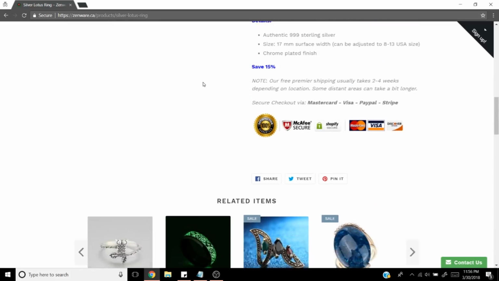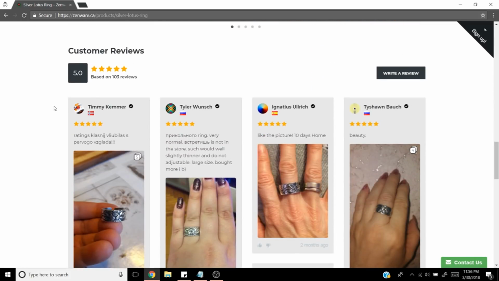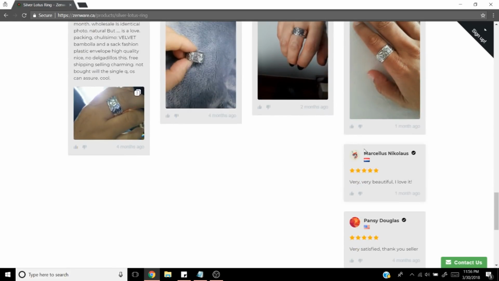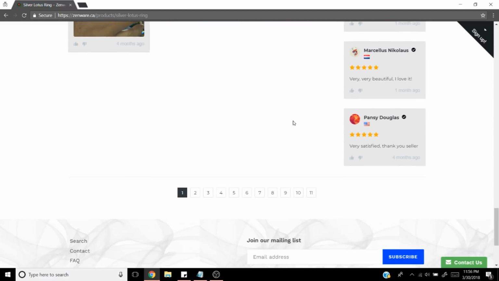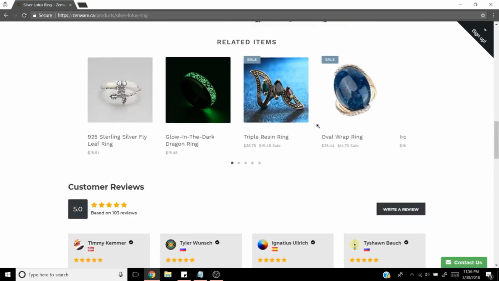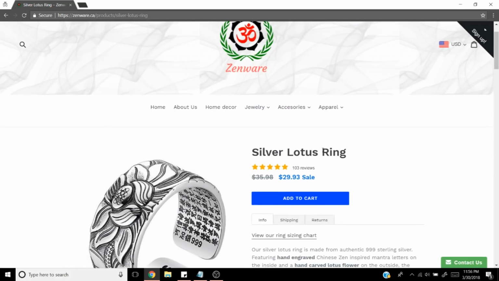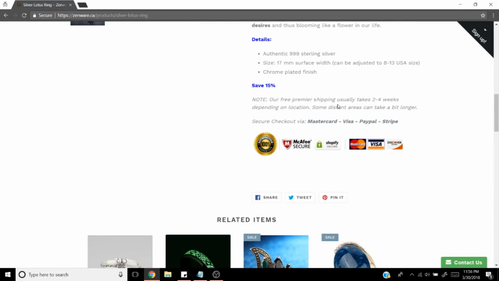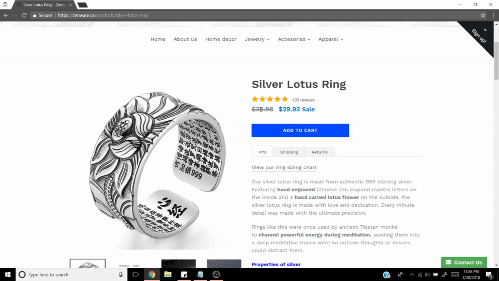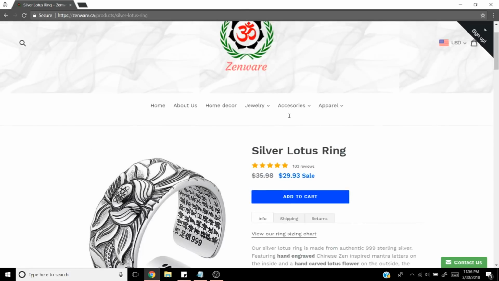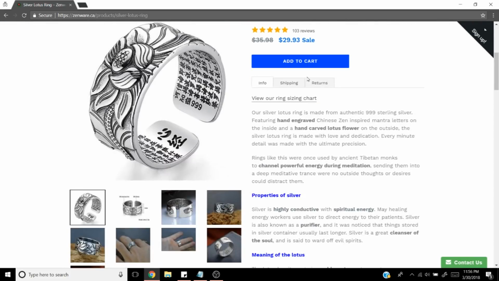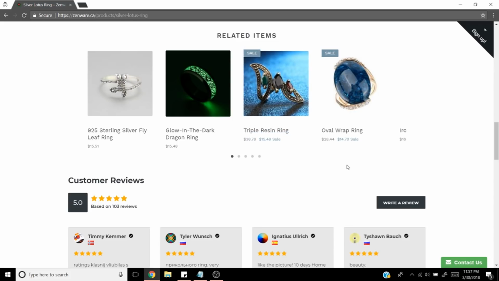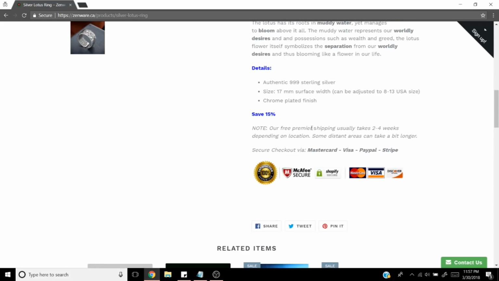We come down here and yeah, you got your customer reviews, obviously imported from AliExpress, but they've all got very nice pictures, which is awesome for jewelry like this. That's a fantastic thing to have. Yeah, very, very nice job. I love this product page. This is definitely one of the best I've seen, and I think you definitely know what you're doing, Richard. So if you can make every product page like this, and if you can make the compare at price definitely more, then that would be great. And if you could add maybe a site-wide timer with that app, you don't need it, but if you do want to create a little bit more urgency, that thing would really work. Then you got the related items down here. Yeah, this is really great.